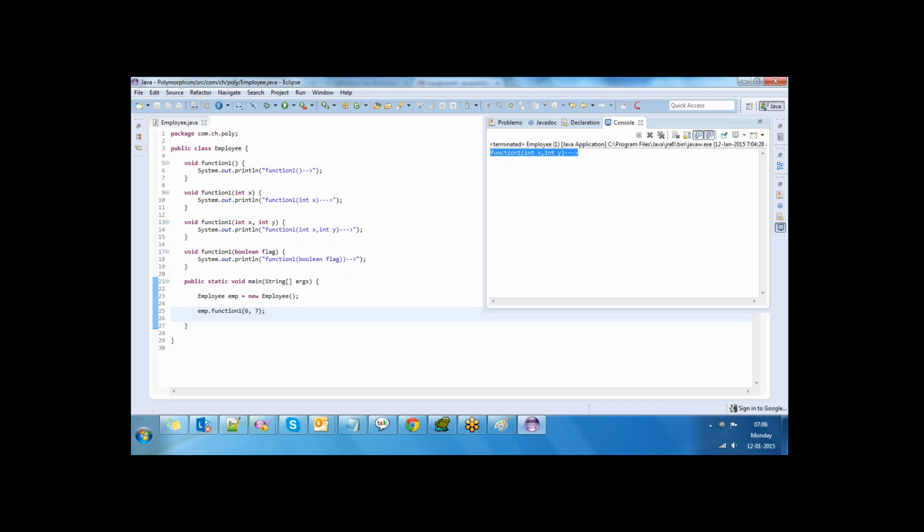Out of 4 functions present in the program, which function has to be executed is decided at the compilation time itself.